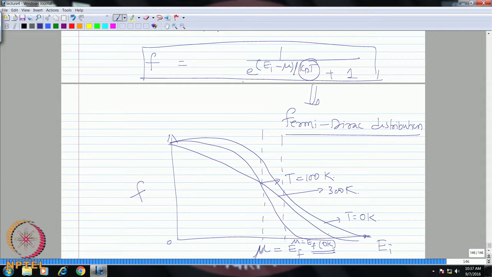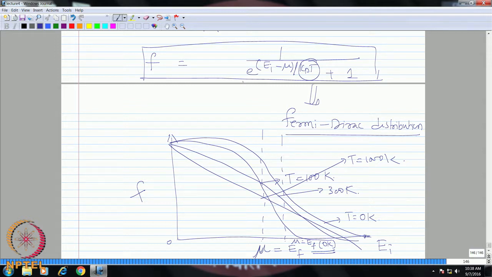At higher temperatures it tends to go to a straight line, and finally when you say 1000 Kelvin it will be just a straight line like this. So, this is your typical Fermi Dirac distribution function,